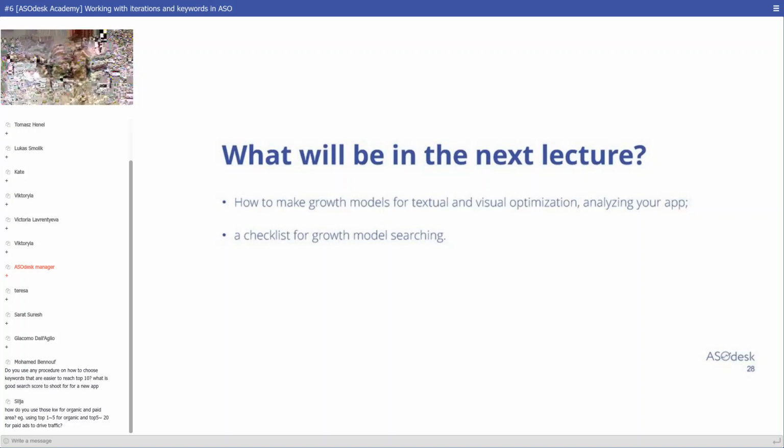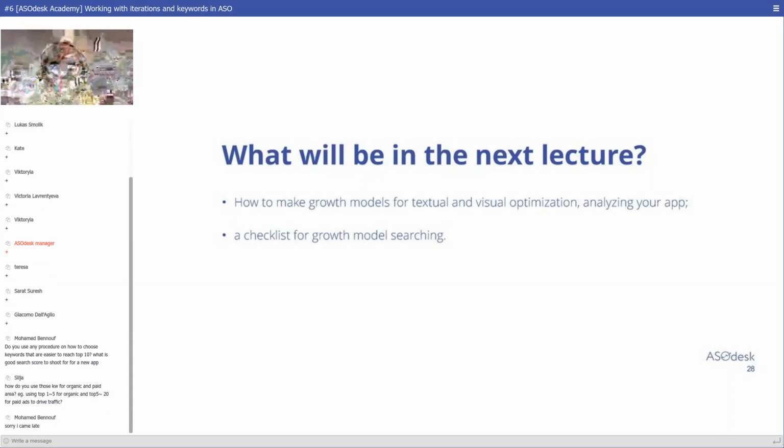Plus, I check the popularity of the keyword. So the fewer apps we see in search results by this keyword, the better. So I'm filtering all the keywords with the traffic score below 40. Plus, I'm checking the keywords with less competition, and I'm starting by targeting these keywords, and then I'm looking at how strong my app is to grow with these apps, and then I'm trying step by step adding more and more